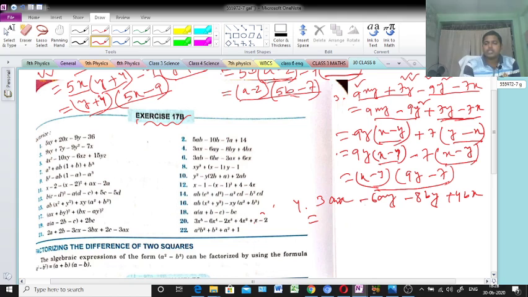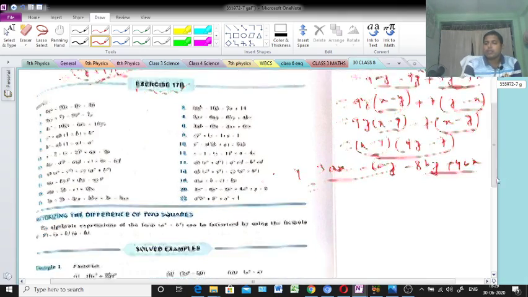See, is any common portion there or not? From the first two terms, is any common portion there? Yes, there is 3 and 6, so 3 common, we can take it. A also is common. And here also, see the last two terms. Yes, 8 and 4, 4 is common, and b is common. Yes, we can take it. That means the first two are possible, and the last two also possible.